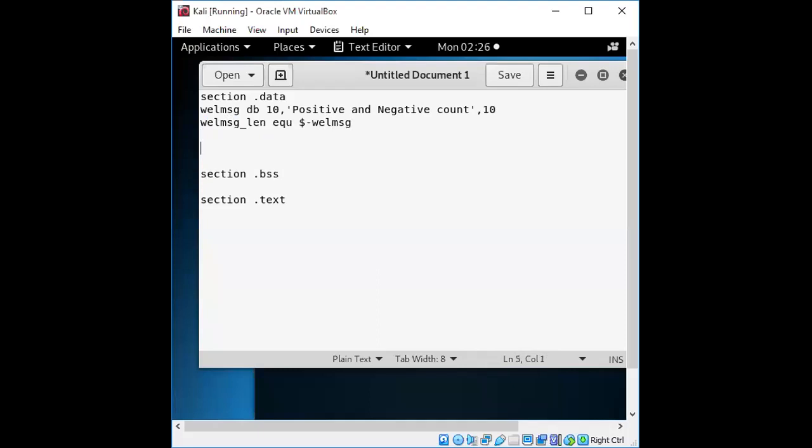Let's take one more message which gives you the actual content, that is the count of positive numbers. Whatever you want to know, this data section gives you the initialized part, that means what will be constant throughout the program, the variables which will be required. Generally here we include most of the messages that you want to display to the output window. Okay, the count of, let's say, positive numbers.